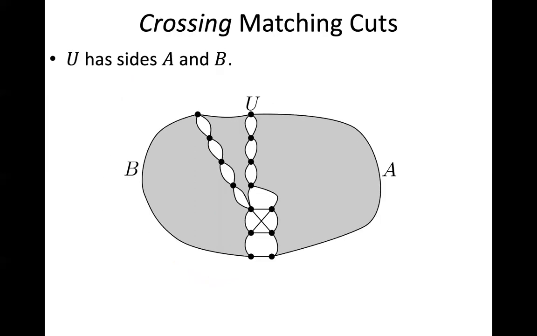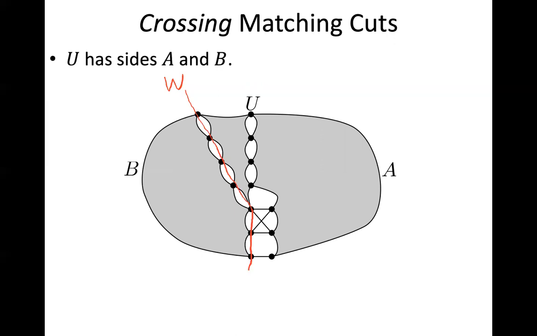All right, so matching cuts are basically laminar cuts. So in a sense, we've already dealt with this category. So the new category is what we'll call an extension of matching cuts called crossing matching cuts, where the cut might contain some elements in B, but then the matching part only exists between U and one side of U, say A. So here in this example, we have a laminar cut W with respect to U inside B. And at the intersection of W and U, we have these 3 vertices,